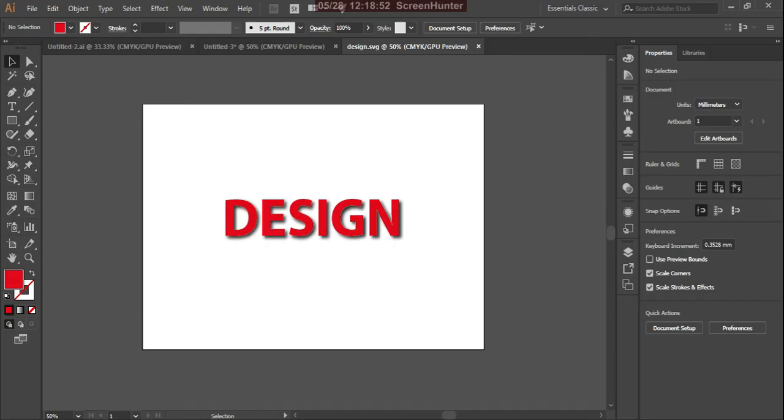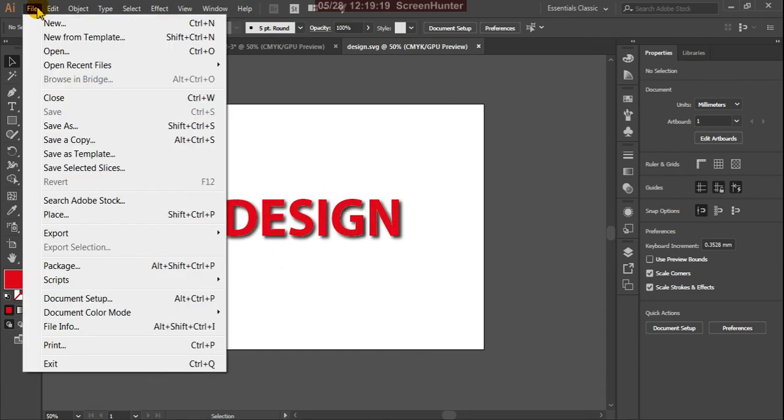Okay, basically Illustrator has these main formats: Adobe Illustrator, the AI format. After the AI format, you have the PDF format, and then the EPS, and then SVG. These are the 4 important formats we generally use.